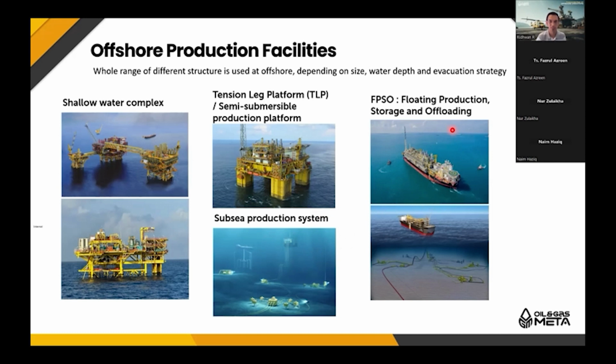Okay, then another type of production facility is FPSO, floating production storage and offloading. FPSO is usually for those platforms where we don't have a pipeline to export, so we will put the FPSO at the location. FPSO is basically a tanker that has a plant on top of the tank. After it processes the hydrocarbon, it will be stored at the FPSO. How they evacuate the hydrocarbon or oil inside the FPSO is through transfer via crude tanker, which later I will explain